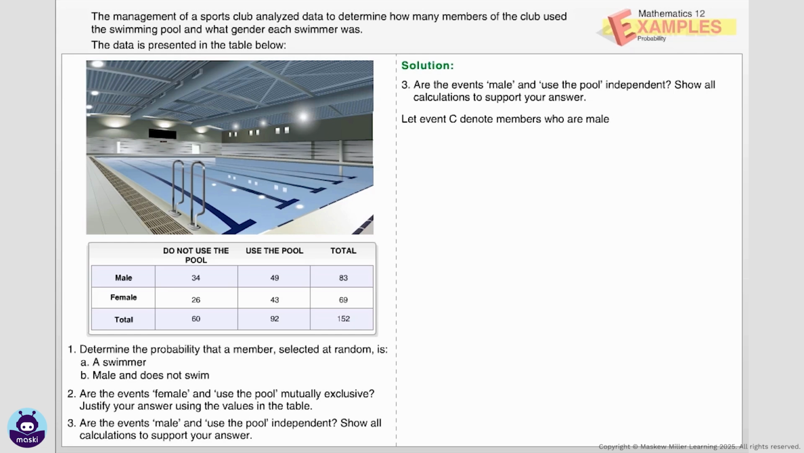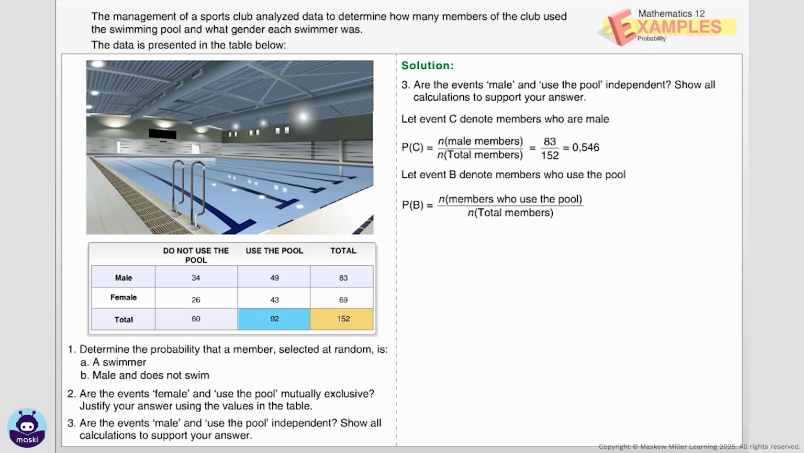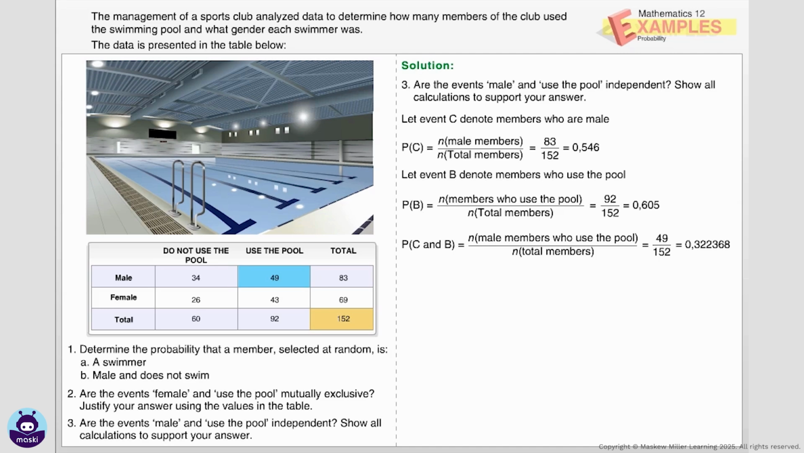Let event C denote members who are male. Probability of C equals n male members over n total members equals 83 over 152 equals 0,546. Let event B denote members who use the pool equals n members who use the pool over n total members equals 92 over 152 equals 0,605. Probability of C and B equals n male members who use the pool over n total members equals 49 over 152 equals